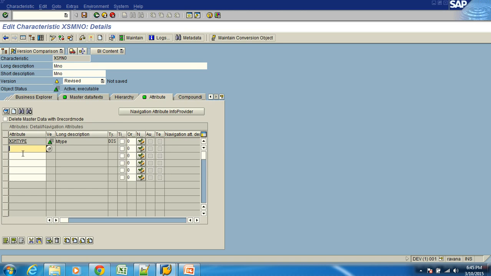When I am using that object here, it means I am only using the structure of it. Then 0 unit, then XS price. So these three objects I am using as attributes. Now I am formulating the attribute table of metal number. Activate.